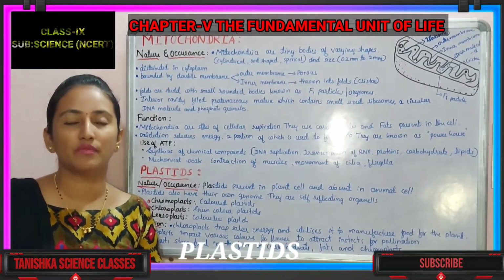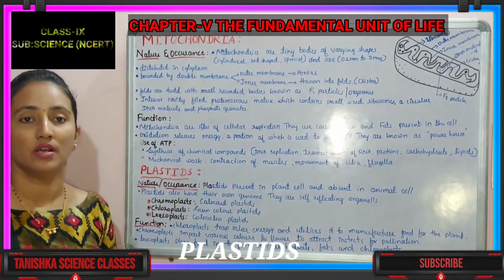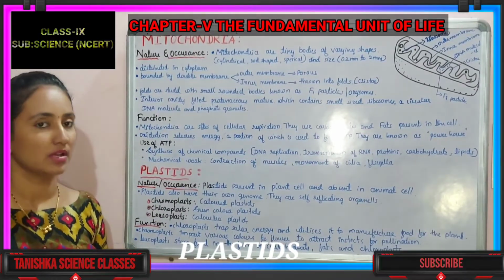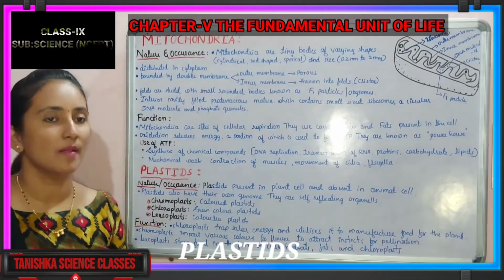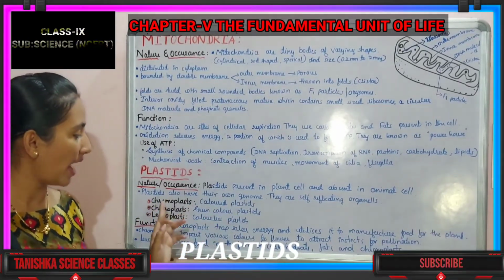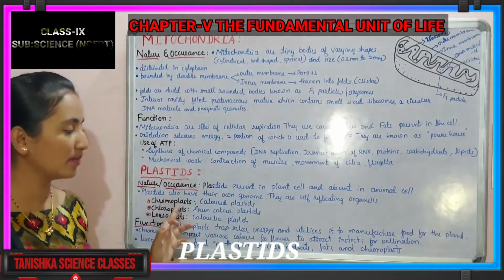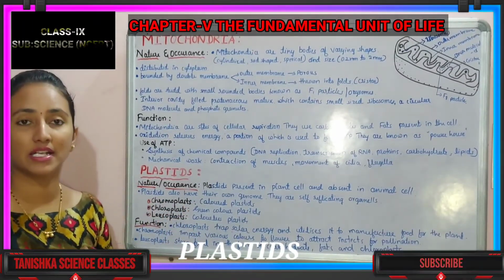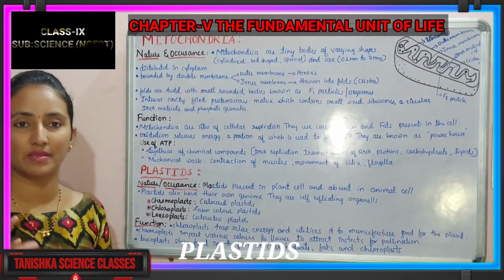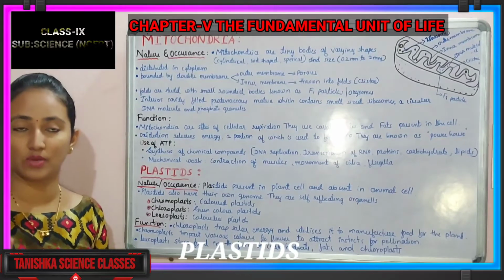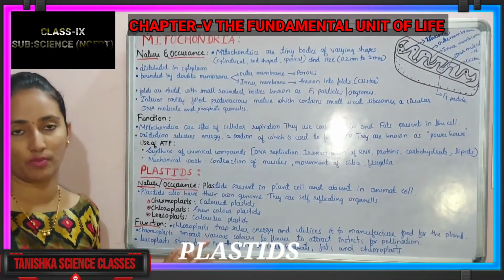We can observe various plastids, which we have categorized according to their functions and also their appearance. We have divided them into three types of plastids: the chromoplast, the chloroplast, and the leucoplast. So what about the chromoplast? Chromoplasts are the colored plastids, we can say. Colored means we can observe various colors here, brown, yellow, and so on, except green. Those are called chromoplasts.